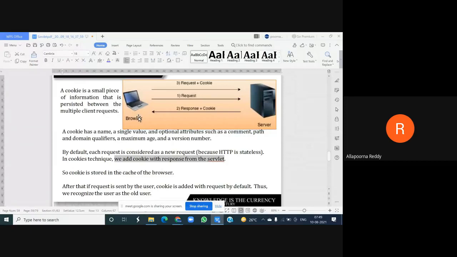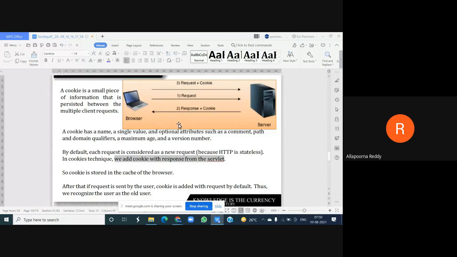Once you receive a response from your server, next time the same user wants to make a new request to the server, if he sends along his cookie, with the request added with the cookie, then easily the web server can identify that this person is not a new user, he is an old user. So it easily recognizes the user as an old user.